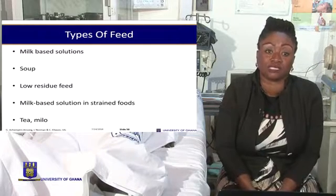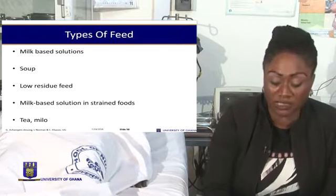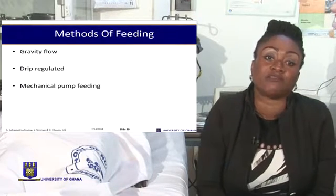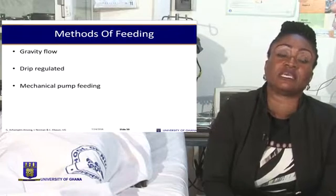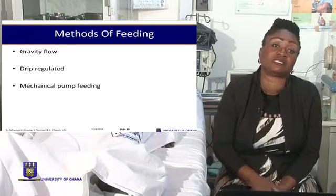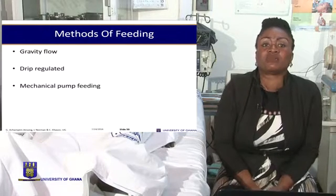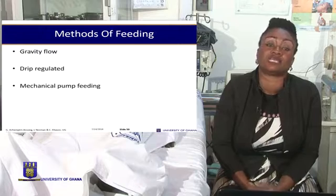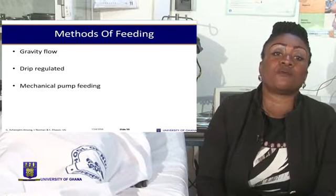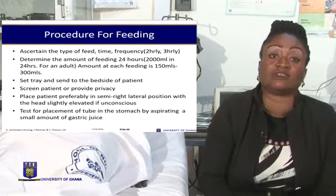Now, all these are types of feed that can be introduced through gastrostomy feeding. We have milk-based solutions, soup, low residue feed, and then we also have tea and Milo. The methods of feeding include gravity flow, drip regulated, and with gravity flow, the feed is allowed to flow by gravity. We have a special bag and special syringes for feeding purposes. Then the drip regulated one, which is also hung and regulated and allowed to flow slowly. And then we have the mechanical pump feeding, where we mechanically push the feed through the incision or the site